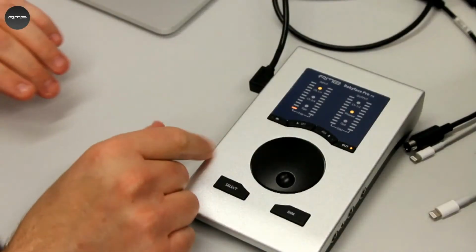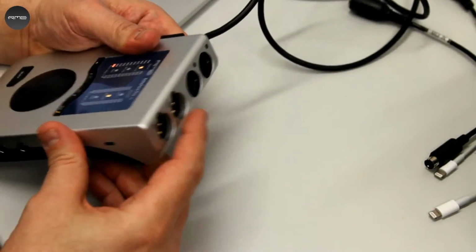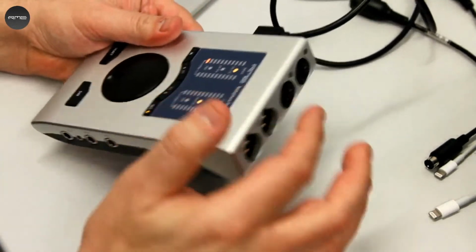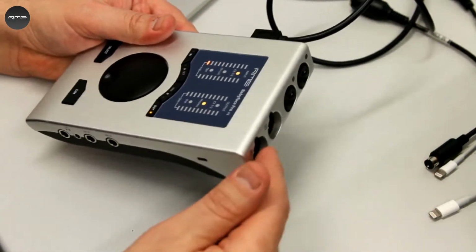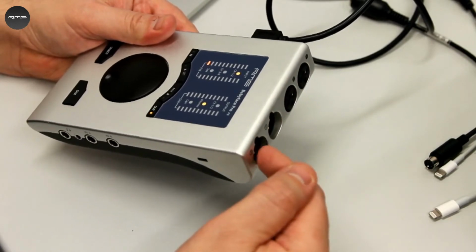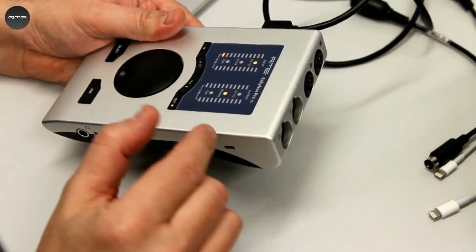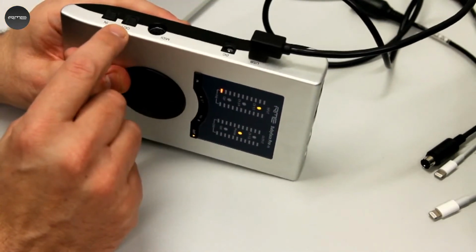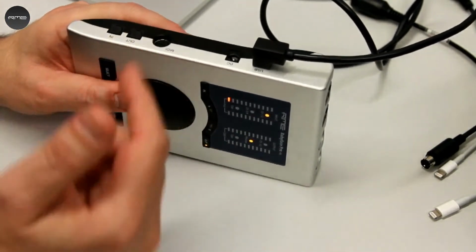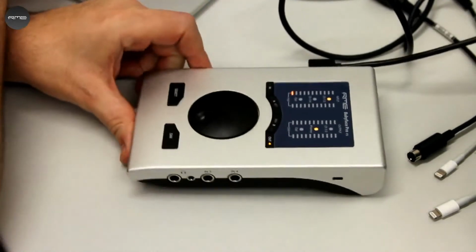This is very important. Also, on the Babyface, as I told you, it has inputs and outputs. So if for some reason you don't see a signal coming in or going out, and you want to check it, you just take a cable and go from your input to your output, and then you can see if your Babyface will send a signal back in. We call it the hardware loopback test, to test if your device is working well. You can do it with the digital cable too. You just go from in to out, and you send some signals through your digital connection back in, and you see in Total Mix then if your signal is